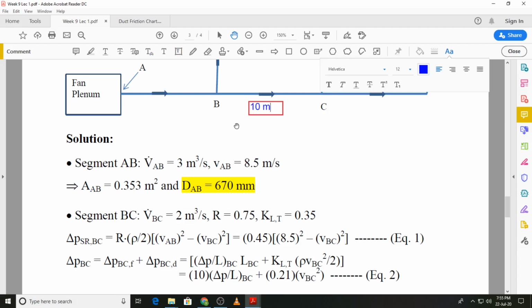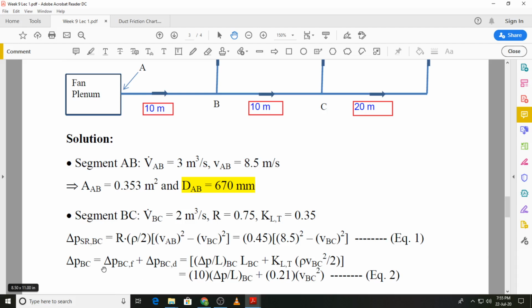This is 10 meters, and the other one will be 20 meters, and this one over here is also 10 meters. Yes. So those are given to us in the problem, and as we had done earlier, the frictional pressure drop is the product of the pressure gradient, pressure drop per